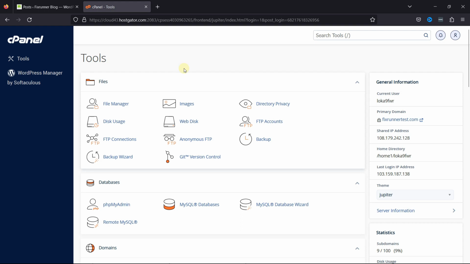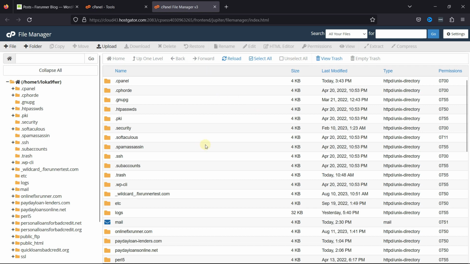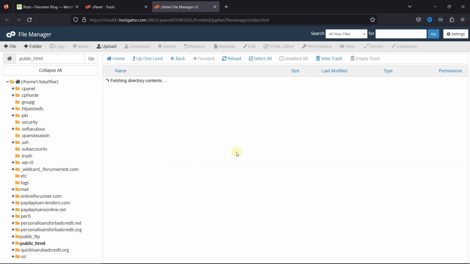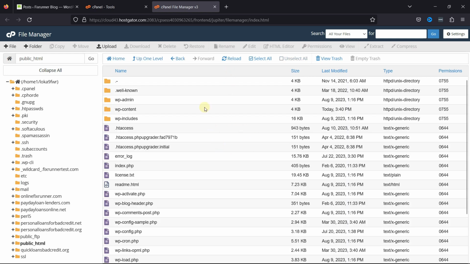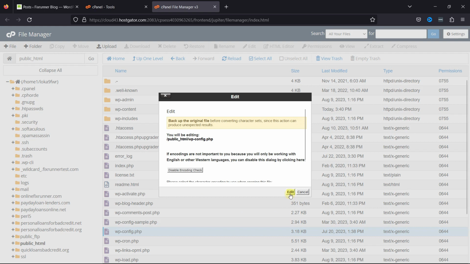To achieve this functionality, simply log into your cPanel account, click on File Manager here, and click on Public HTML. Now search for the wp-config file, right-click on it, and select Edit from the menu that appears. Now again, click on the Edit button,